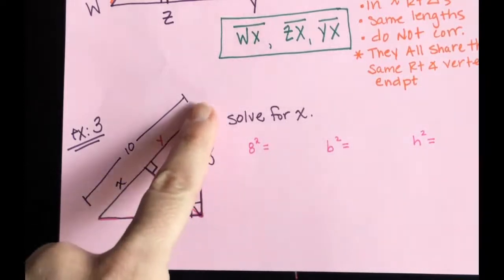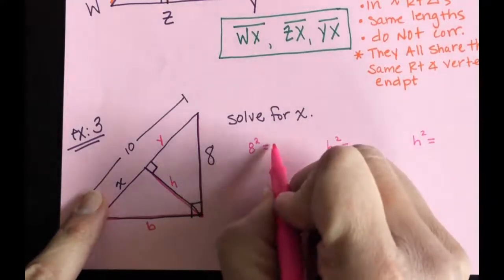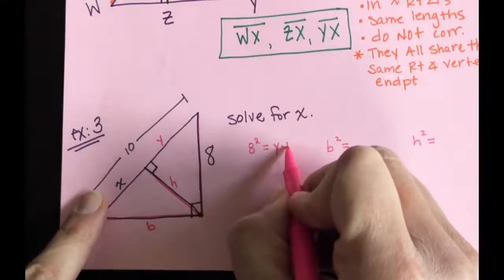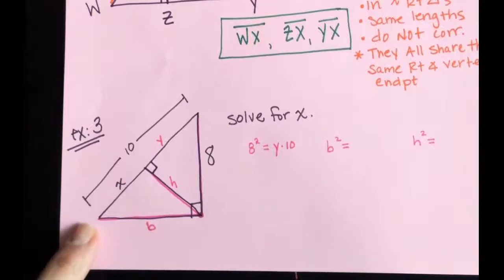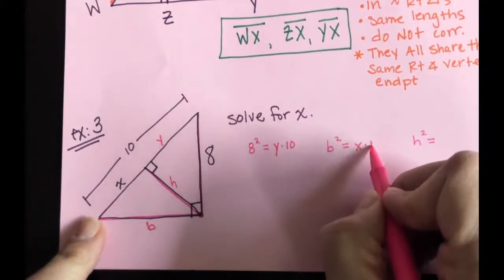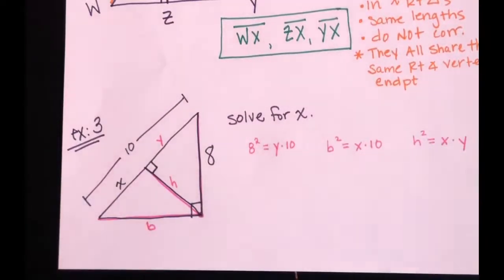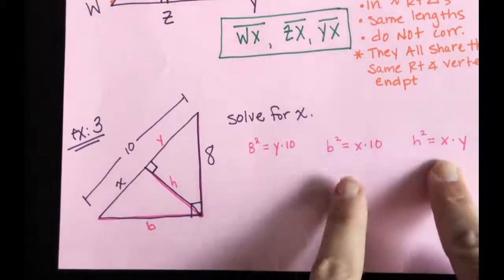We also know that adjacent part times the hypotenuse is what we're looking for, or part times part. Well, again, if I'm only wanting to solve for x, I only need these two formulas,